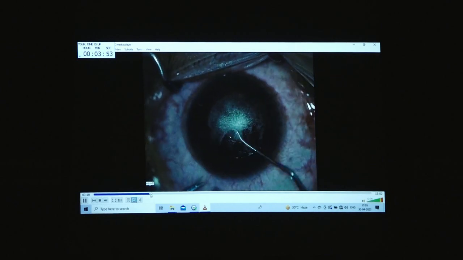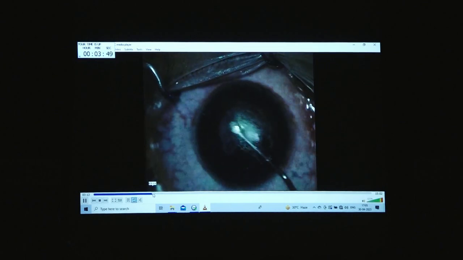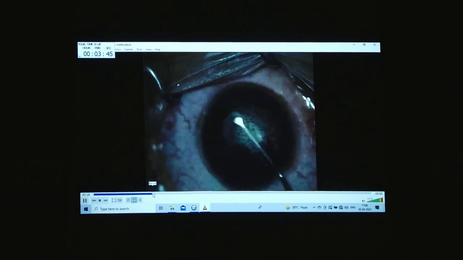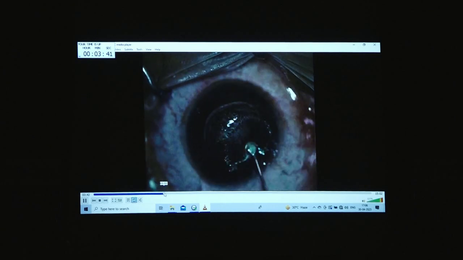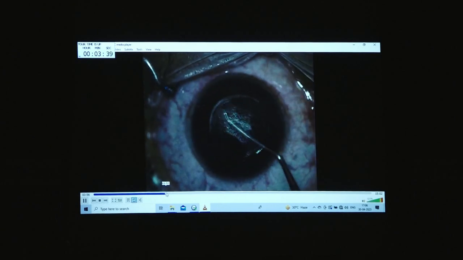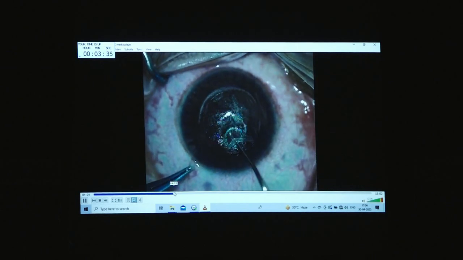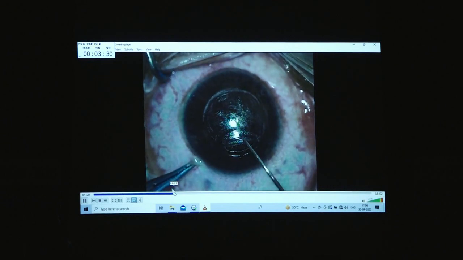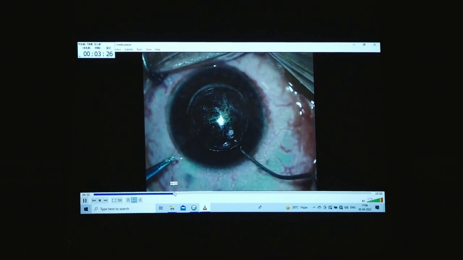As you can see, the meniscus sign was well delineated in this patient, and the anterior cap is being delineated and separated from the lenticule. I'll just run through a fast phase of this, and all seems okay. And now when I'm going to dissect the posterior, I realize that the posterior part is not separating at all. So this is an important